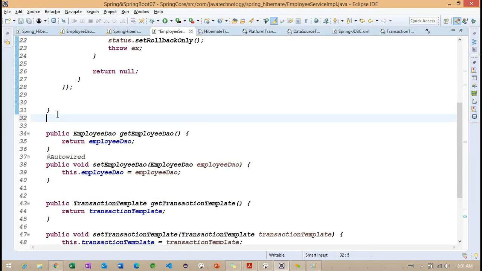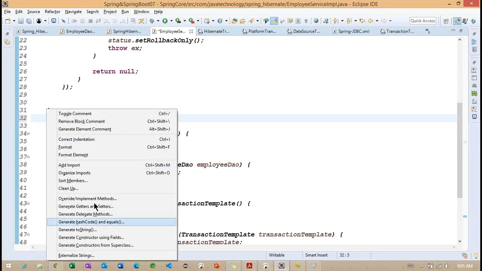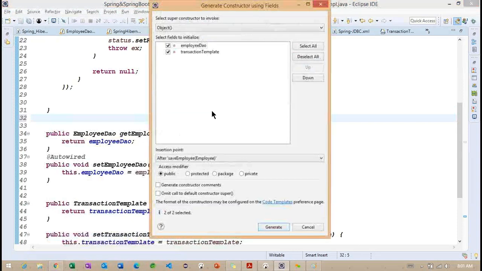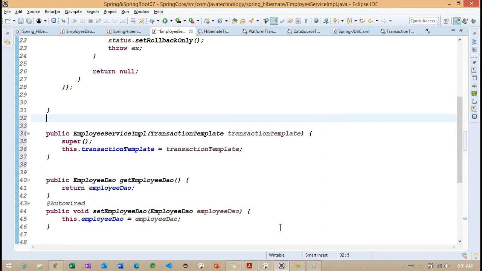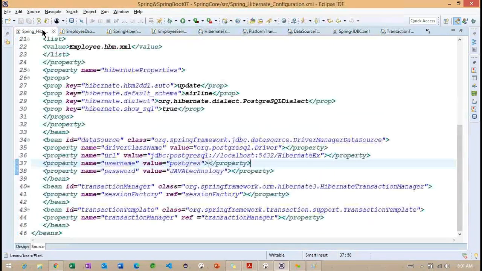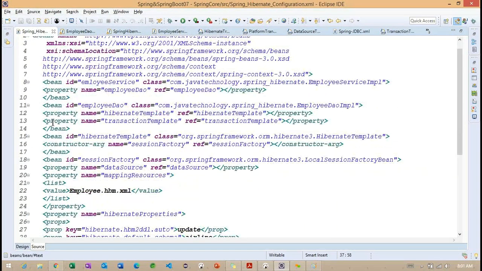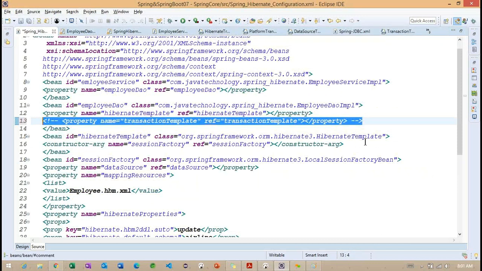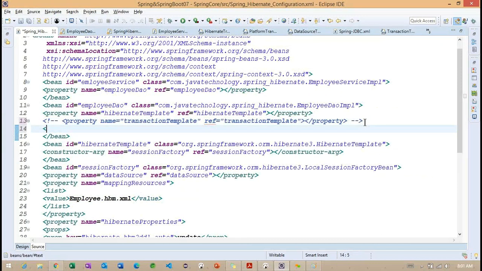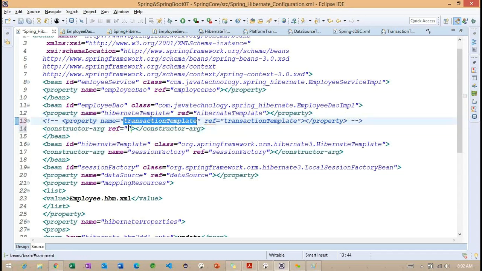Okay, let me try with the constructor. Why is this setter giving an error? Let me try with the constructor here.